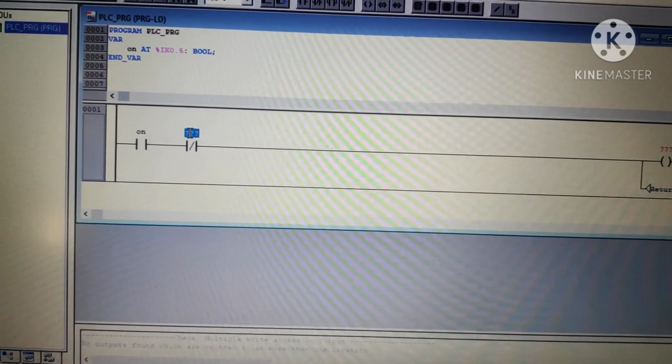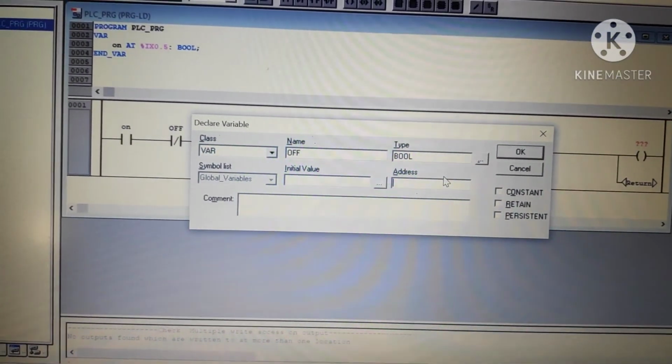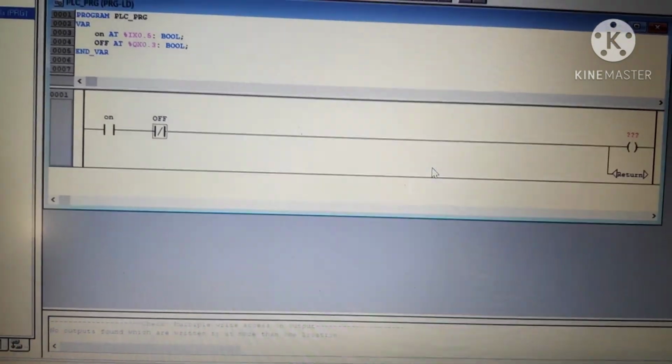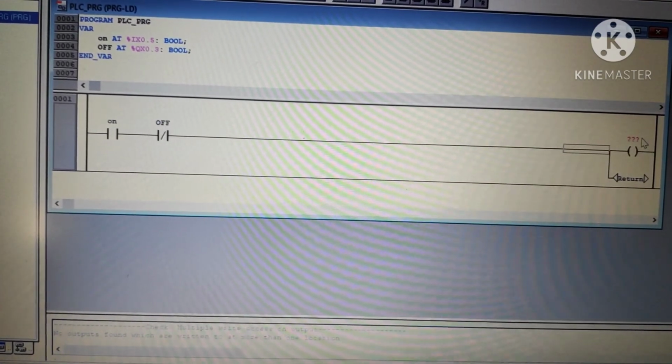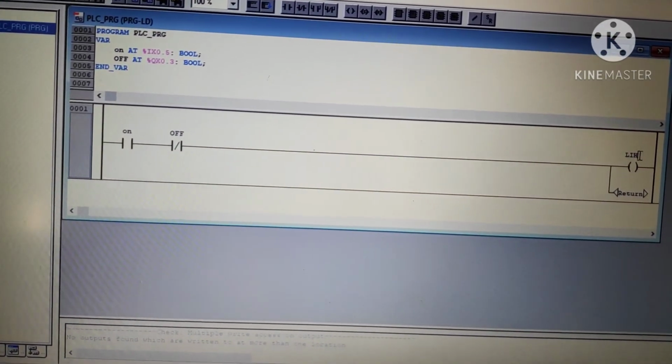And now go to off. Percentage QX 0.3. Now this is my light. Sorry, my spelling is wrong.